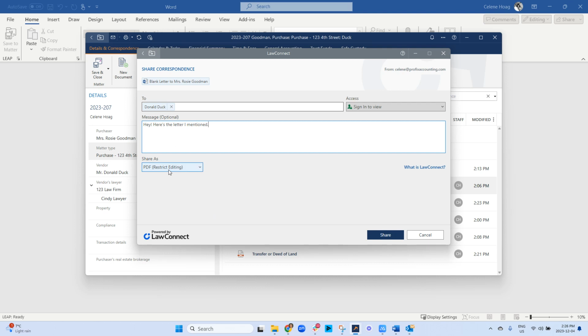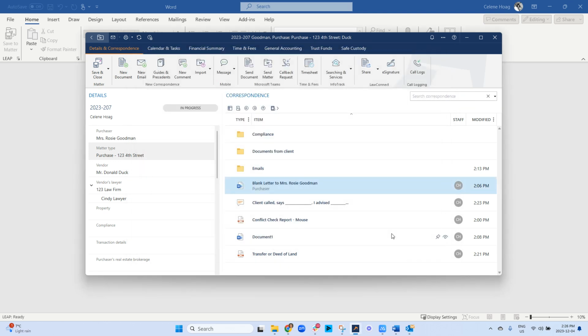And then you can share as a restrict editing PDF, a regular PDF, or original format, which in this case would be a Word document. I'll just do it as a restrict editing PDF, and I'm going to hit share. And what's going to happen, first of all, is you are going to be able to see right here that it was shared via Law Connect. And also, I'm